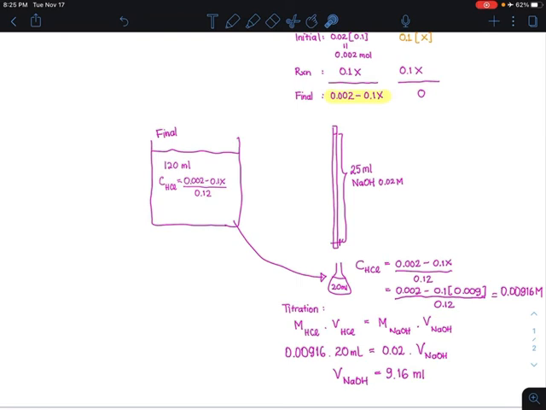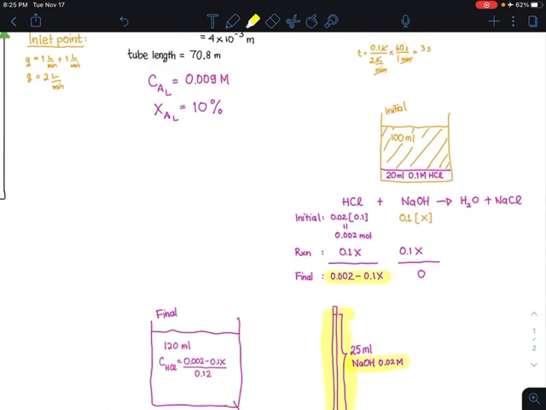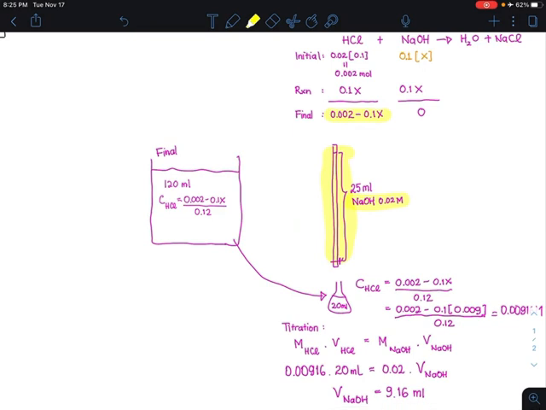So to summarize, for your practical, you can use this sodium hydroxide 0.02 mole per liter in the burette for the titration. And then when you collect the sample, you can use 20 milliliter of 0.1 mole per liter of HCl, and the amount of sample collected, you can collect 100 milliliter. Okay, and then out of that 120 milliliter, you can just take 20 milliliter to perform the titration.